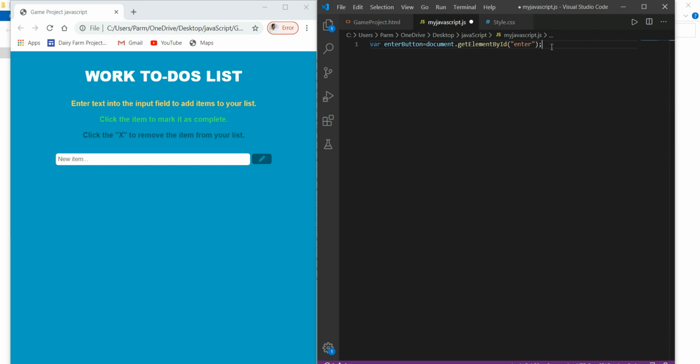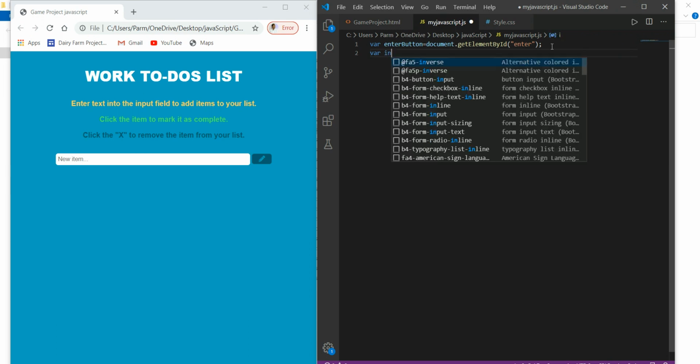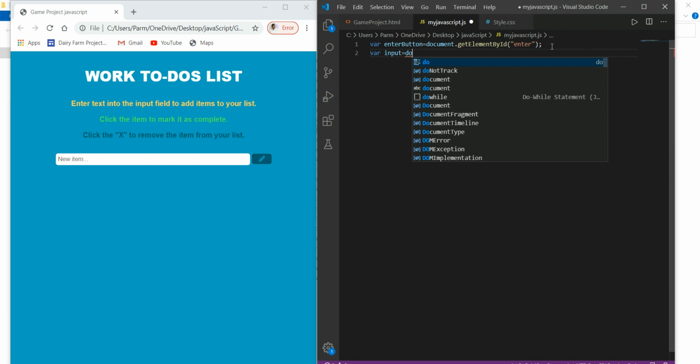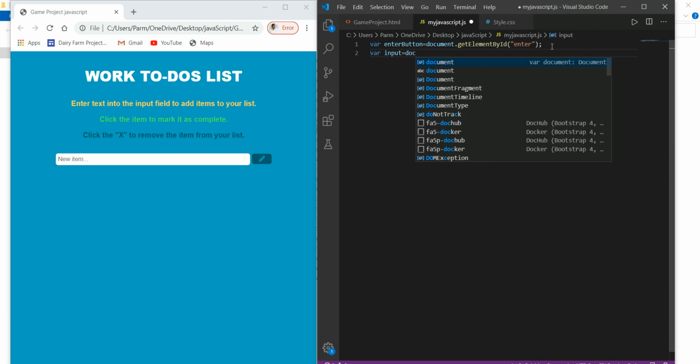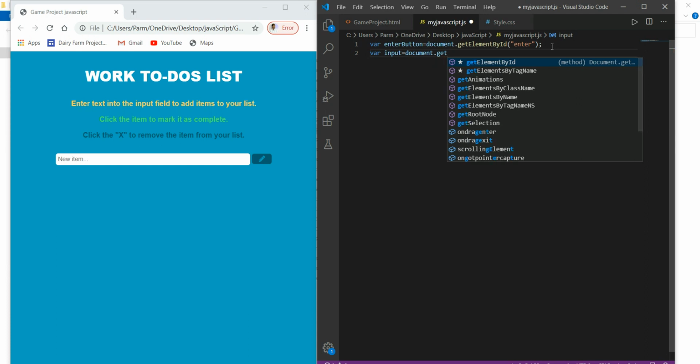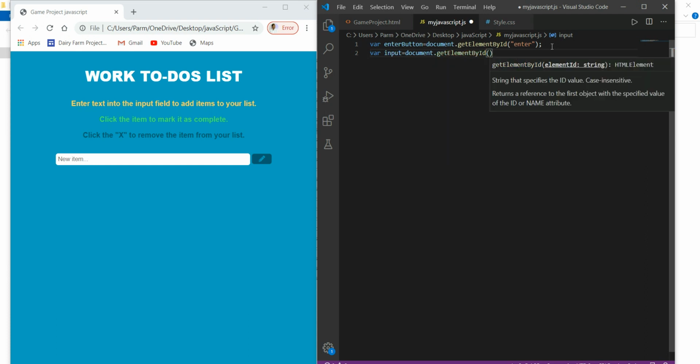Okay, and here I am going to create another variable, say variable input, and to this I would like to get the value document.getElementById, and this is input.